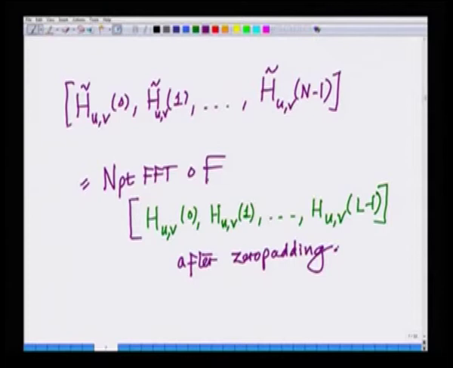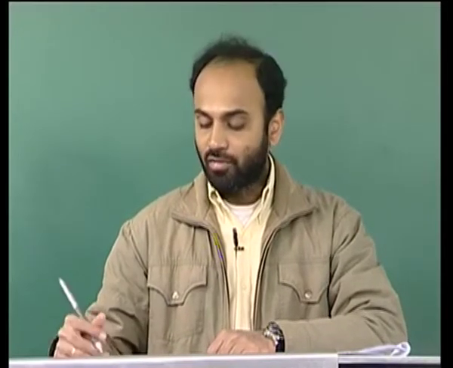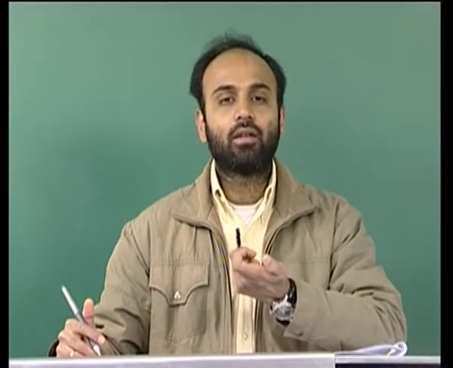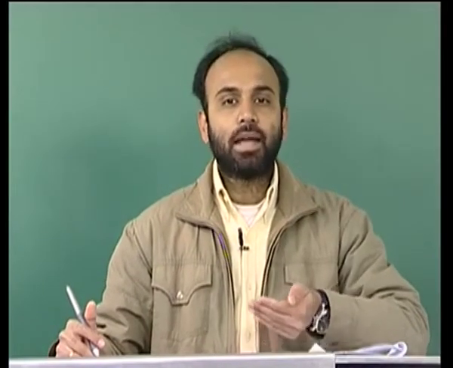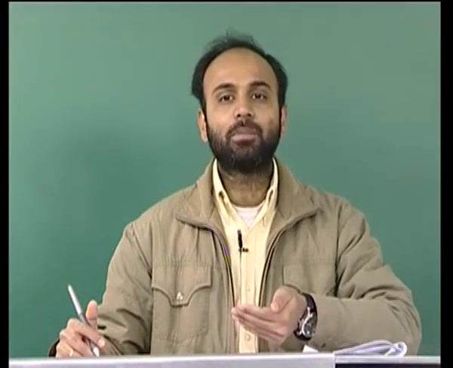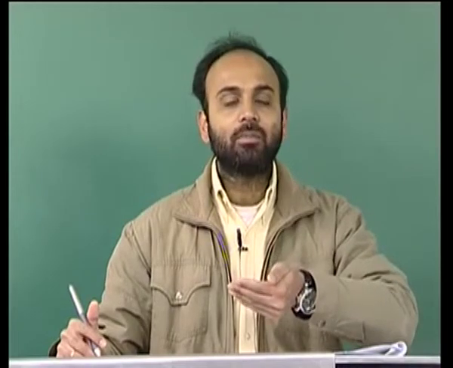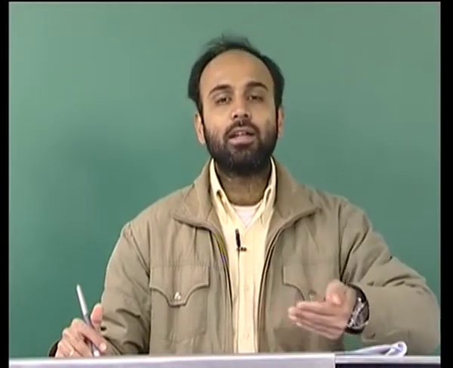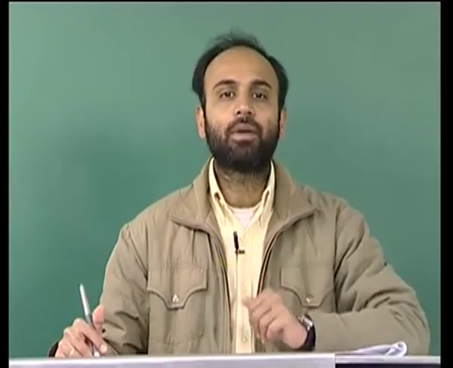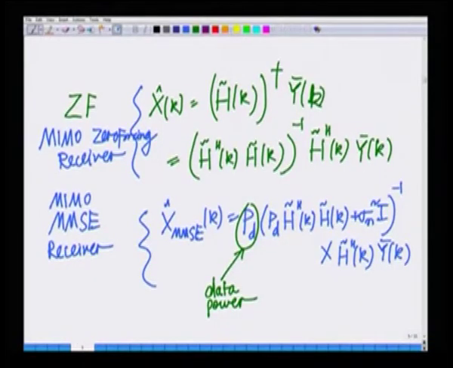Since the number of subcarriers n is much larger than L, this n point FFT has to be computed after 0 padding. So, I take the u-vth elements of all these MIMO FIR channel taps. I compute the n point FFT, that gives me the u-vth element of the channel matrices across all the n subcarriers, all right, and then you do that for each element of the MIMO FIR taps and construct the channel matrix across each subcarrier, all right. That gives the channel matrix across each subcarrier, and we can use this channel matrix in the procedure that we have described before to employ either zero forcing MIMO detection or minimum mean squared error MIMO detection, and that completes the